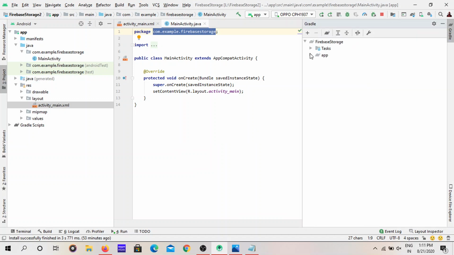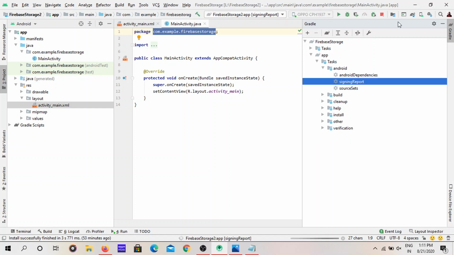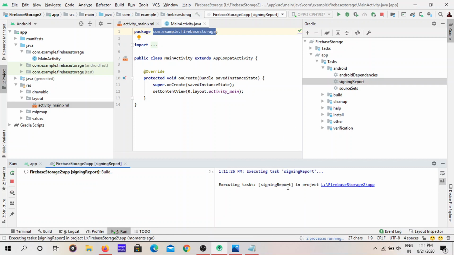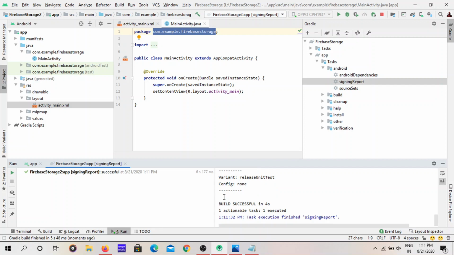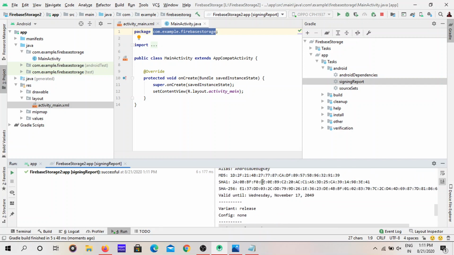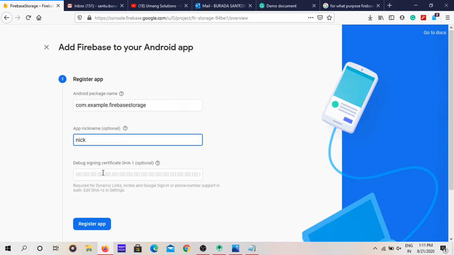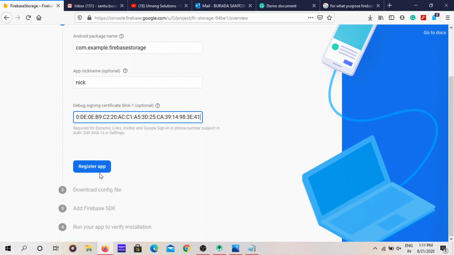Gradle, go to app, go to tasks, go to Android, go to signing report. Through this we can get the SHA1 key. Yeah, the build is finished. Now copy this, paste it here, register app.